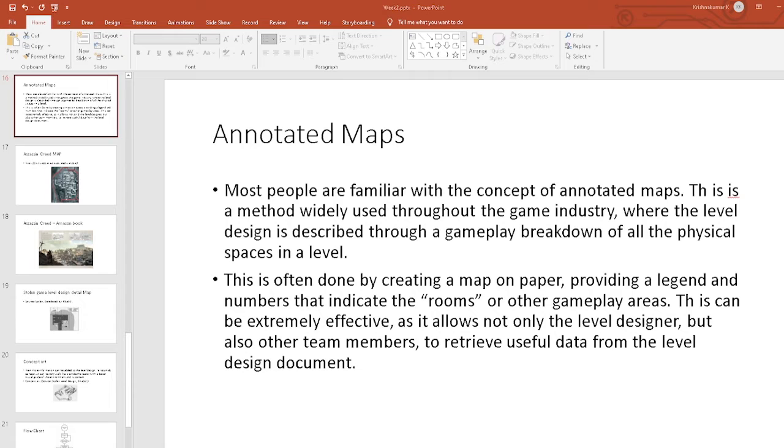The other team members will have a good idea, they will be receiving good, useful data. This is a good starting point where this kind of documentation can help us to retrieve good information.